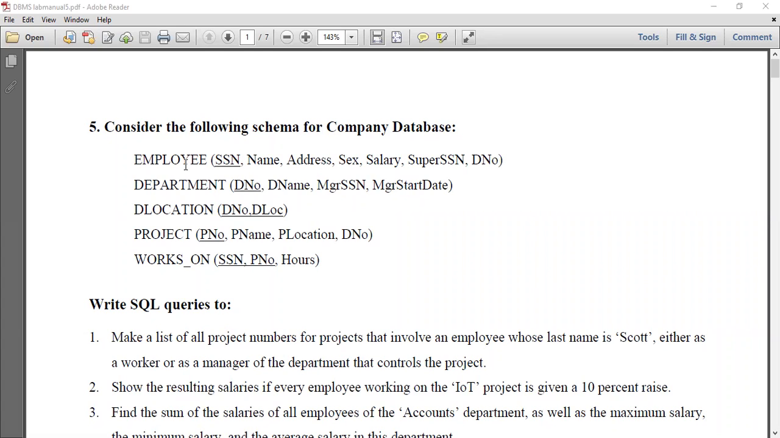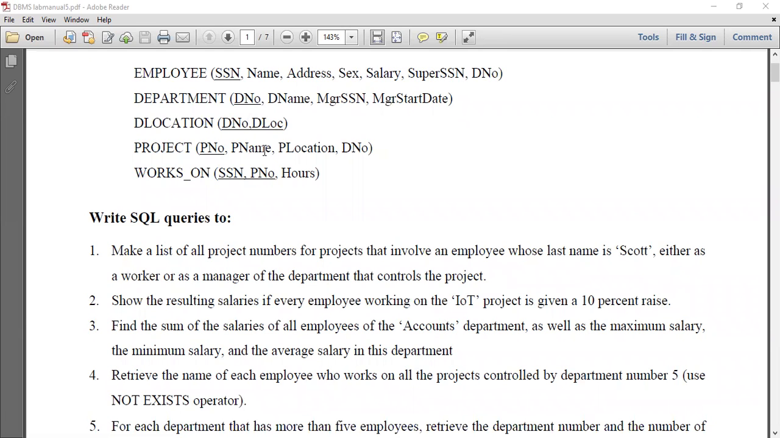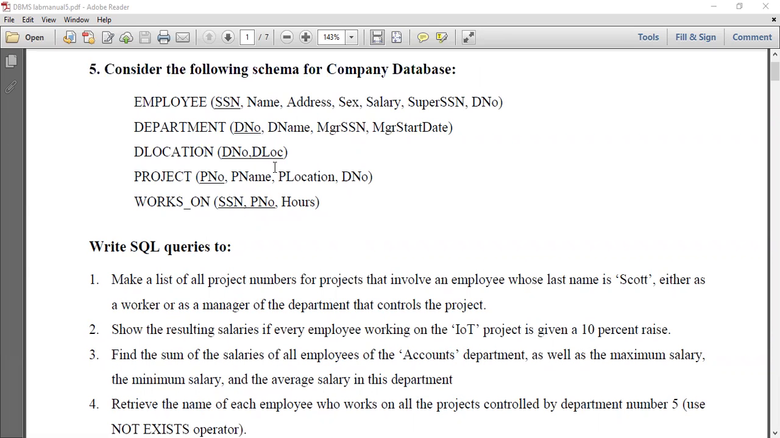So in employee table, SSN, department number, D location, both D number and D location are the key. Then in project table, P number, works on SSN and P number. So before creating the table, we must look at the queries, and it is based on the queries we will be inserting the values. Okay,